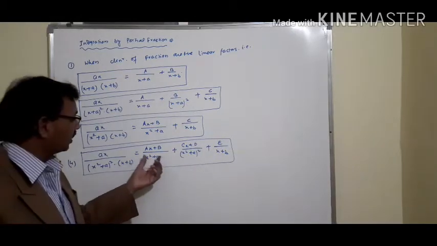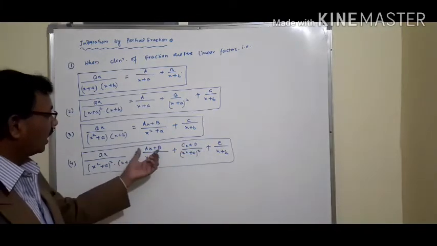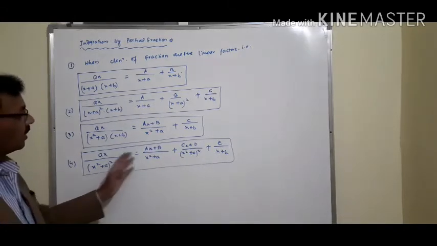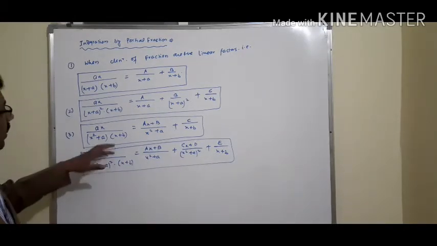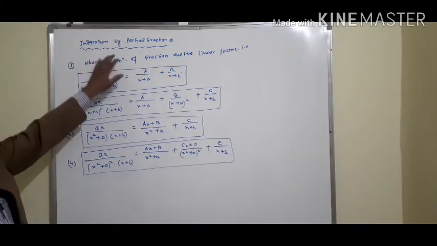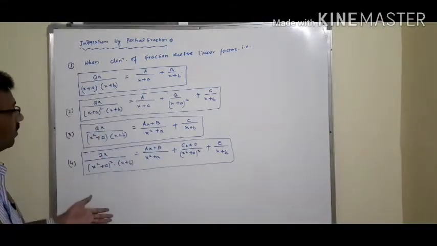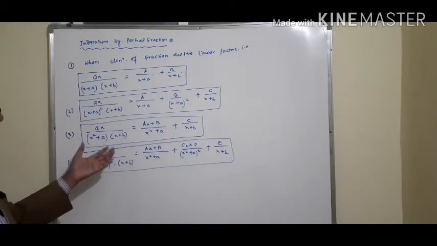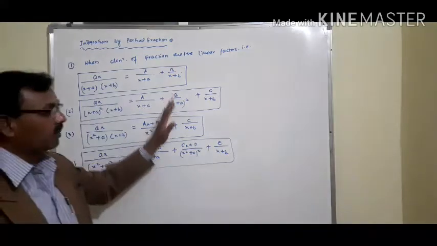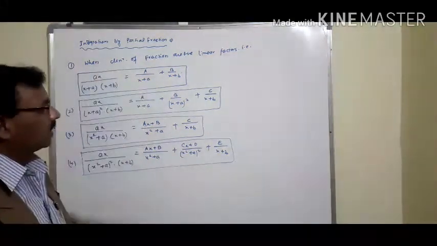In this situation, we should find the values of all the constants A, B, C, D and E, and put them in place of A, B, C, D, E. Then this will be converted into the partial fraction. If any fraction is given and you want to find the integration of the given function in this form, then if we convert it, or find the partial fraction of this function, it will be easier to find the integration of the given fraction.